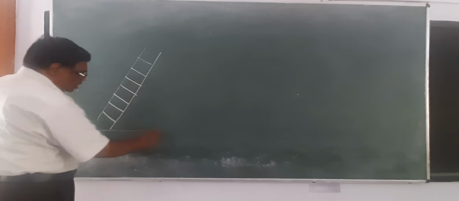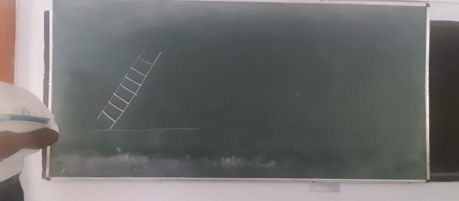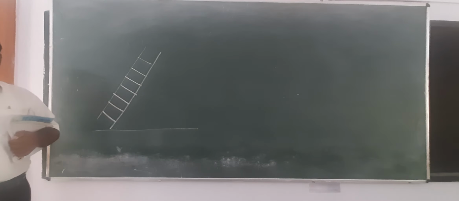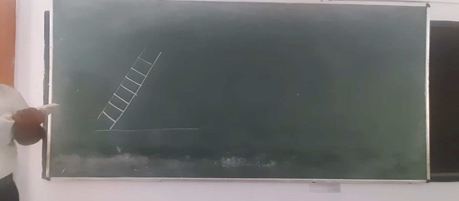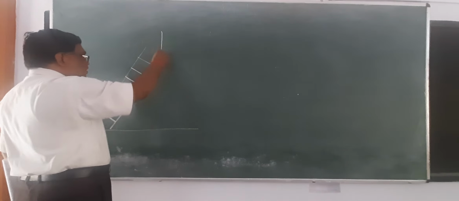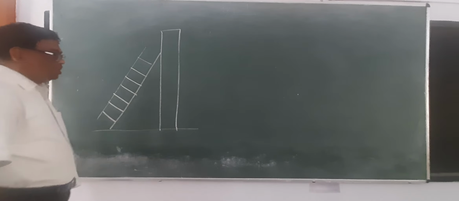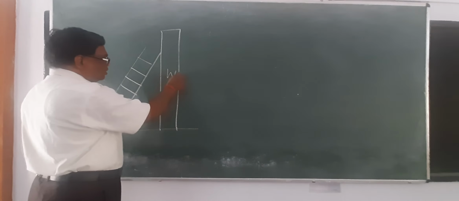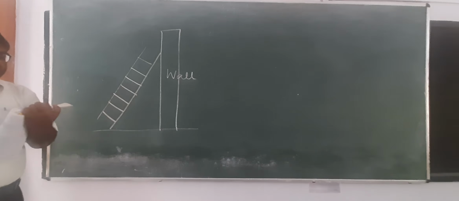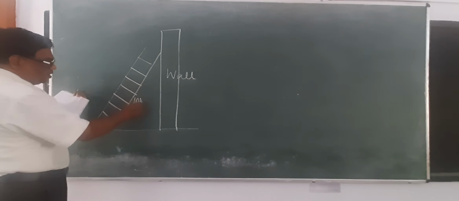जब इसको ग्राउंड पर रख दिया तो ये ऐसे. अगर पूछा जाए what is the foot of the ladder तो यही चीज होगी foot of the ladder. The foot of a 10 meter long ladder leaning against a vertical wall. This is the vertical wall. It is leaning against a vertical wall and its length is how much? 10 meter. This is 10 meter.